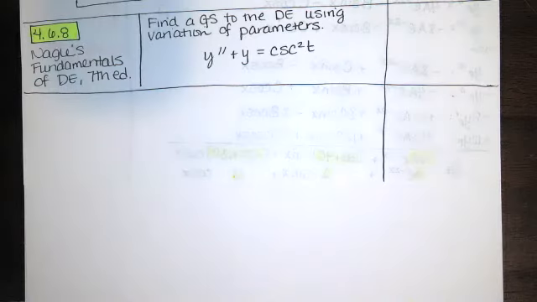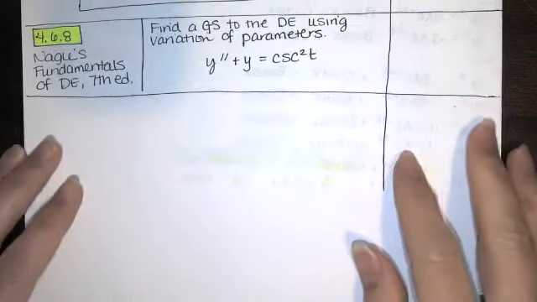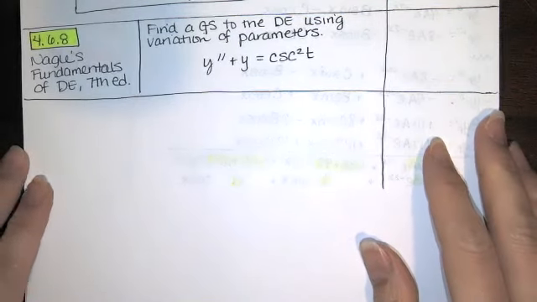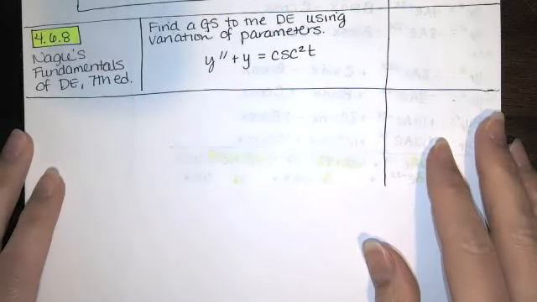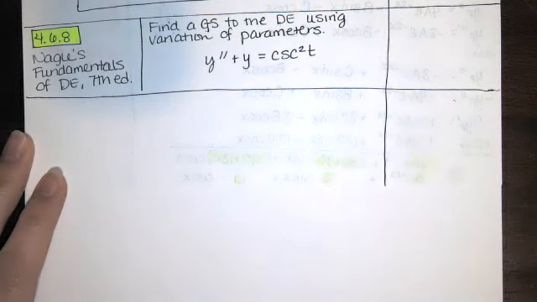In this video, we solve problem 4.6.8 from Nagle's Fundamentals of Differential Equations, 7th edition. We're asked to find the general solution of the differential equation using variation of parameters. And I will just note that variation of parameters is the only method that we can use to find y sub p in this case,